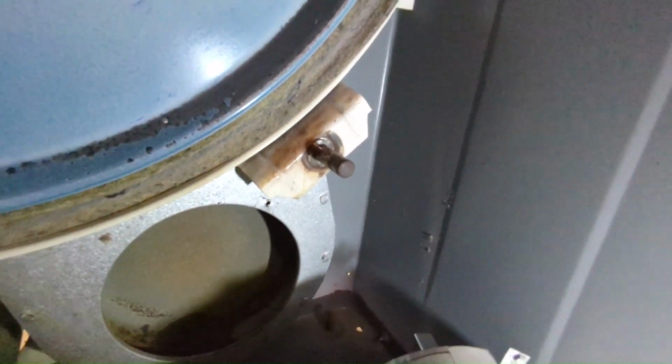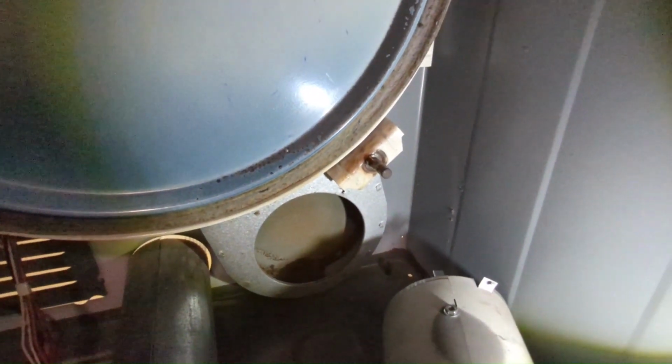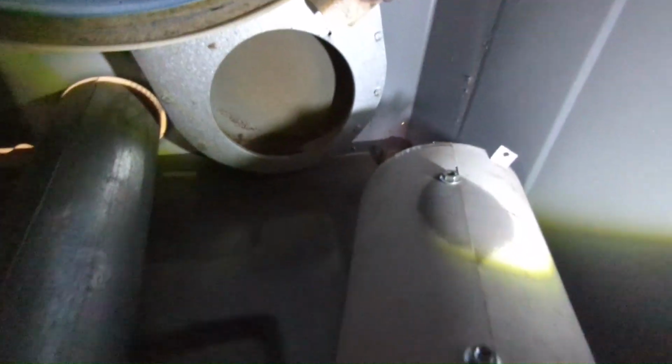Anyway, we're going to get that cleaned up and just snap that thing back on there and it'll be all good. But getting back to this whole lint business,